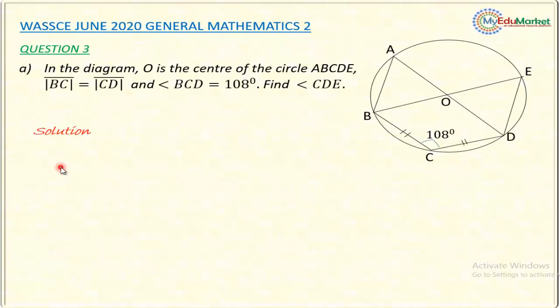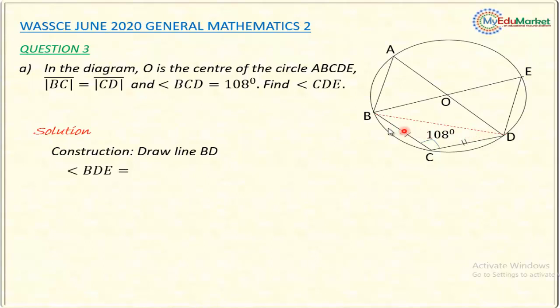So let me do some construction, meaning adding an extra line. Let me draw a line from B to D. From there I can get a way out. This is the line I have added. It's not part of the original question. I have added it so that I can move. Adding it, triangle BCD is now isosceles because this side and this side are equal. And I have this angle, so I can find this angle, because this angle will be equal to this one, the base angles of an isosceles triangle.